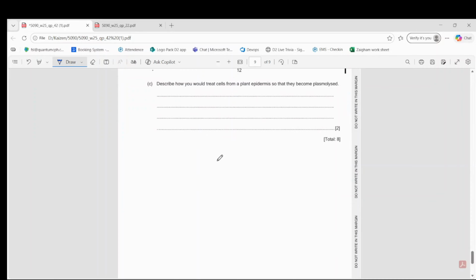Okay. Describe how you would treat cells from a plant epidermis so that they become plasmolyzed. Why do cells become plasmolyzed? When we place them in a, it's in chapter number 3. Good. A concentrated solution of salt or sugar. Okay, the very key word is concentrated solution, and concentrated solution of what? Of salt or sugar. Okay, so what you need to do,